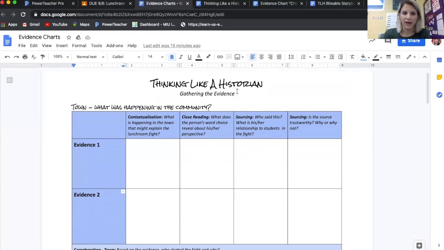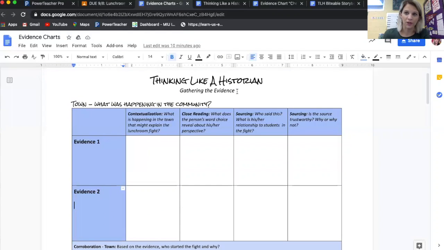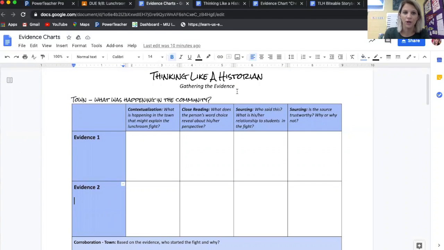So last week I asked you all to start on the first evidence chart, what was happening in the community. A few of you had questions about what evidence 1 and evidence 2 means. That means you have to find two people in that source list that talked about what was happening outside of school that could have led to tension between Xander and Julio.